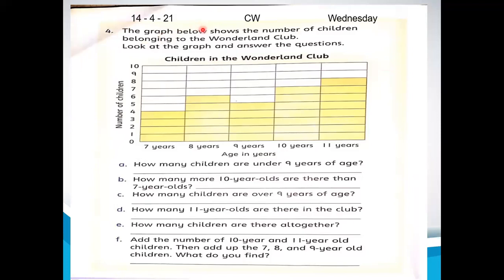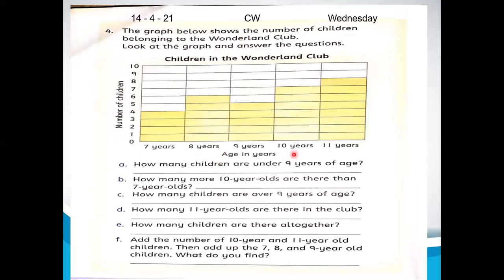The graph below shows the number of children belonging to the Wonderland color. There is a color, and these are the number of children who belong to this Wonderland color. Look at the graph and answer the questions. So here the title of this column graph is Children in the Wonderland color. Okay, this is the title of this column graph. The label of this column graph is number of children,